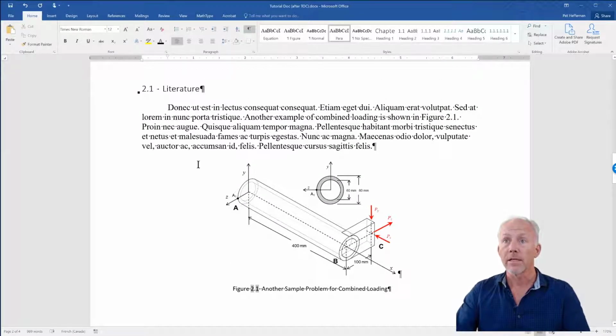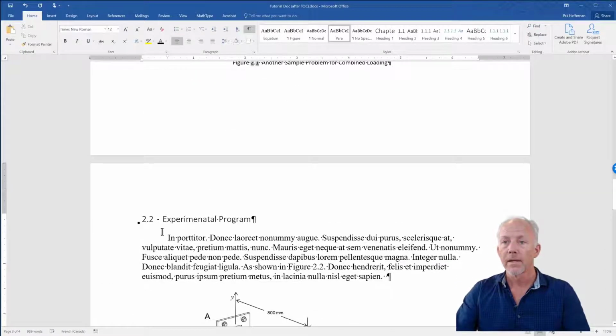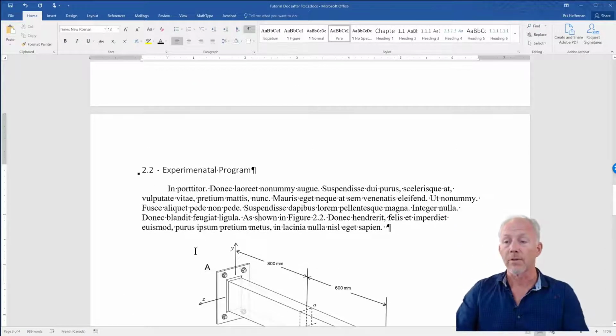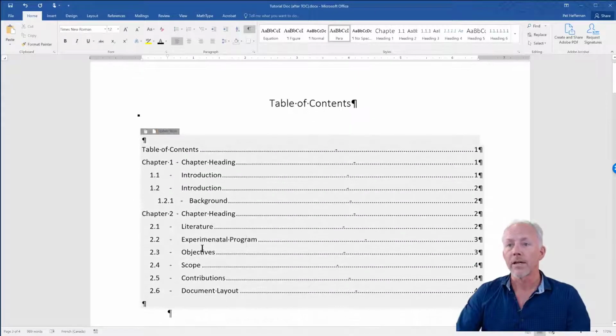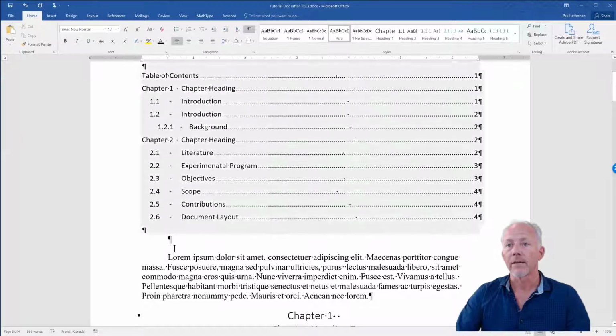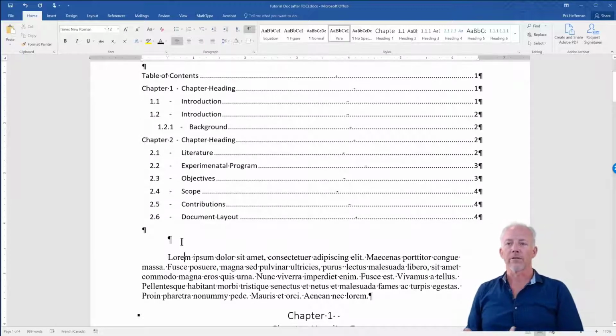And of course, the headings themselves have updated because we flipped those around. So if we go up to our table of contents, we notice that our table of contents has been updated to reflect the change in here. And we don't see our figures because we don't have figures in there. The captions don't show up in the table of contents, which is appropriate. What we do want to do is enter